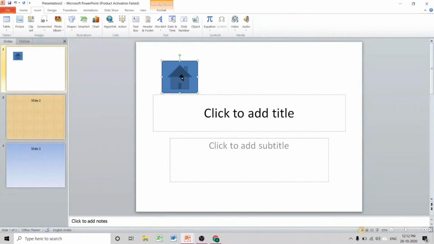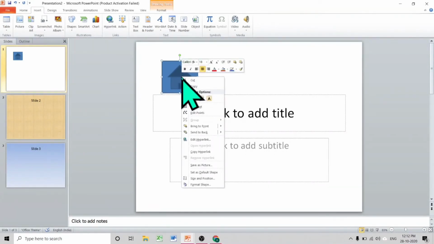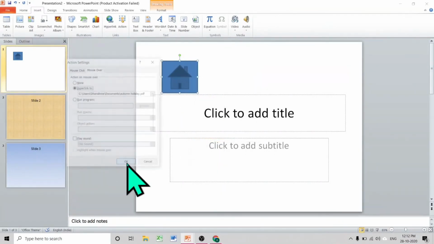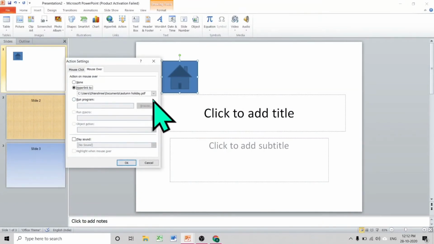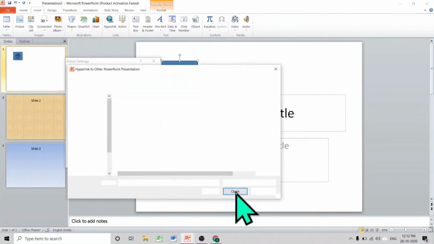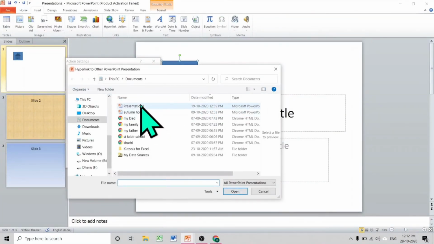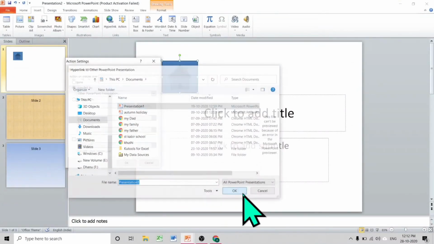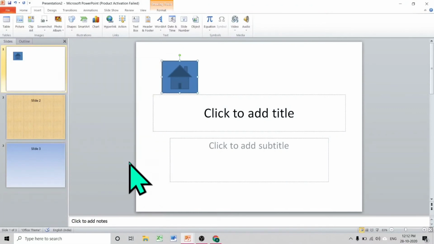Next one is, if I want to run a PowerPoint presentation or slideshow, I'll click here and I will select other presentation from the computer. I'll select the presentation. I'll click on OK.